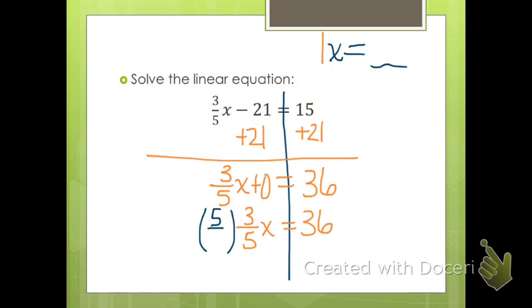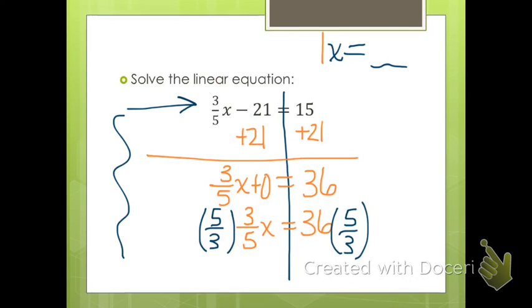So if I multiply by the reciprocal there on both sides of this equation, and remember I have to do it on both sides because that property of equality says if I want to keep this a true equation, I need to use those properties of equality all the way down. Okay, so 5/3 times 3/5 is 1x. So on this side, I have x equals,